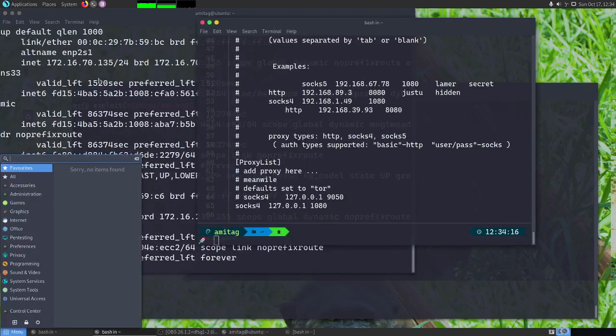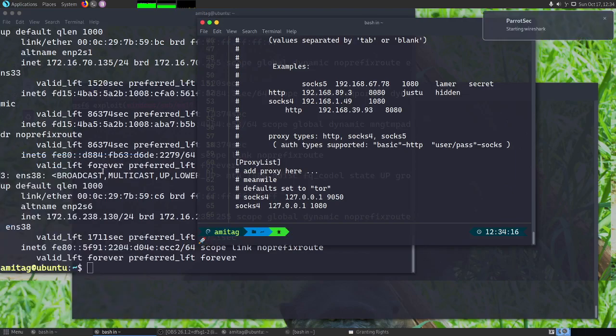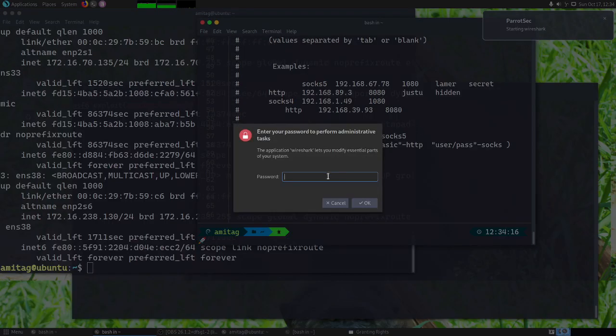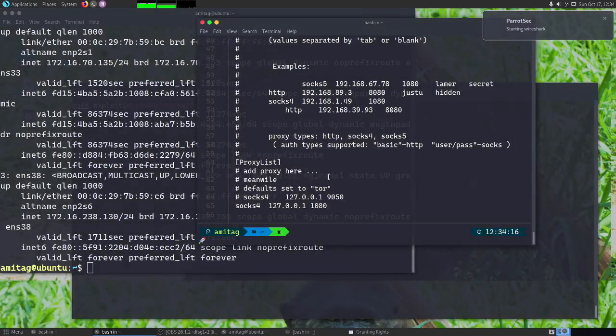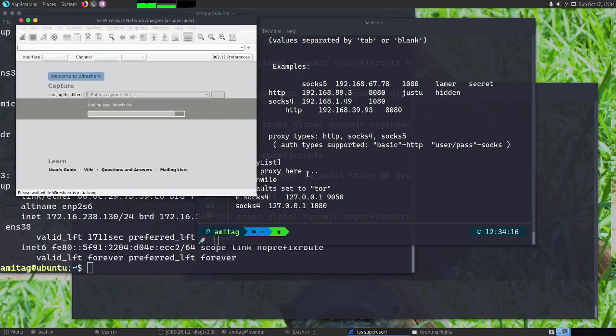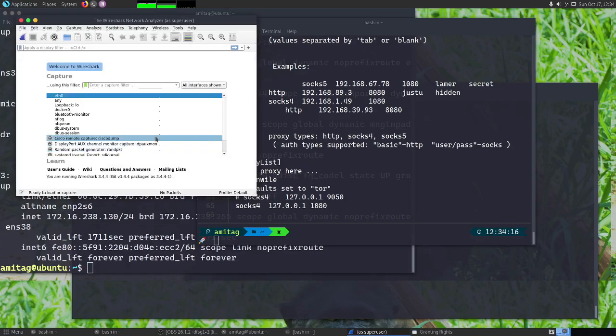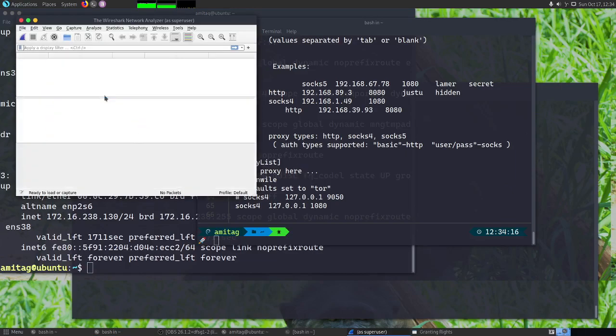Now let's open Wireshark and see how we can determine what is happening. Let me give my password here, and we should have Wireshark open. Okay, Wireshark is open now. This is fine.